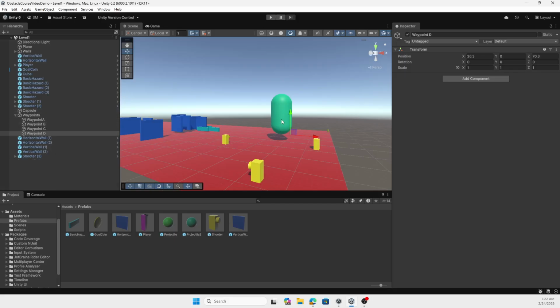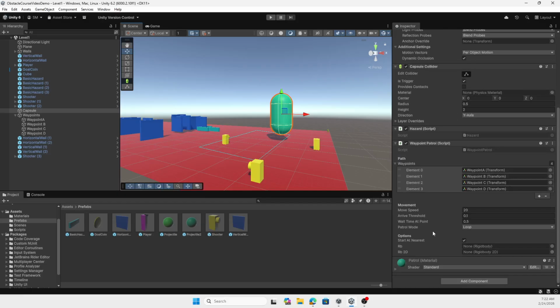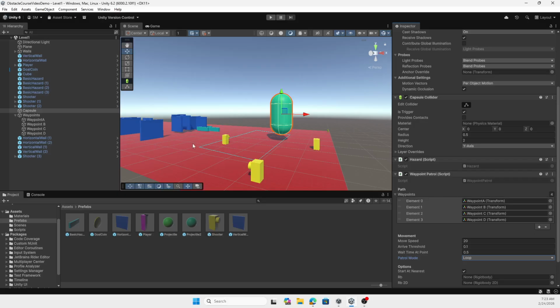So the first step is I just made a couple of transforms right here. So if I go to this, again, in your map, wherever you have your character, you can put these waypoints. And then this is what's going to go in the array and the transform. So if you use my script, which I've called waypoint control right here, you can see that it has a move speed and has some other variables that we're not going to focus on too much. Like I have it to loop or ping pong. I just put it on loop. So it just keeps going. And then all I did on the script was drag in each waypoint and it would just go between those